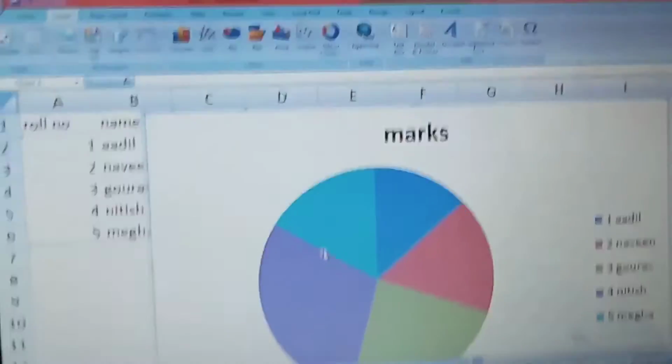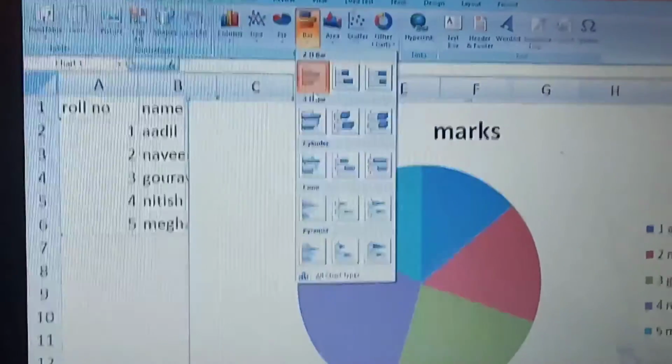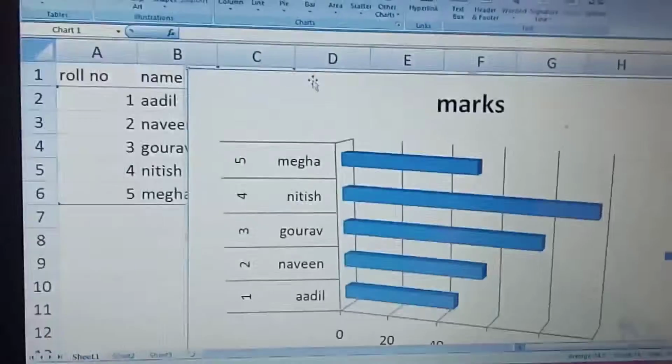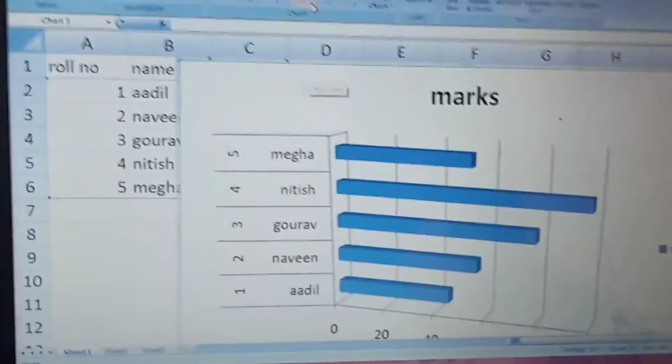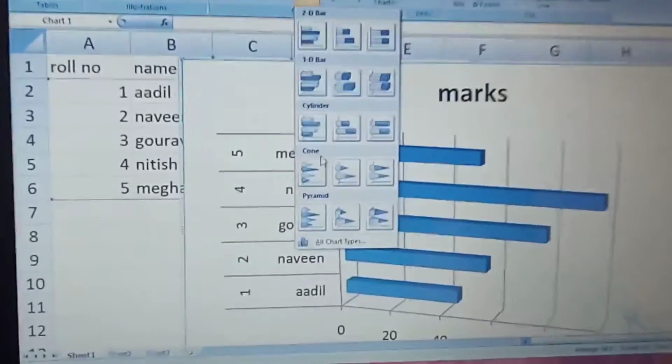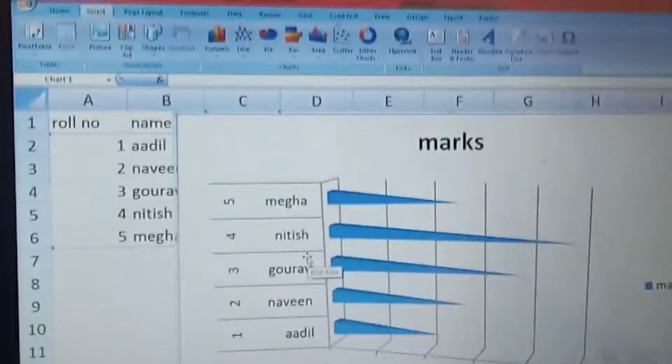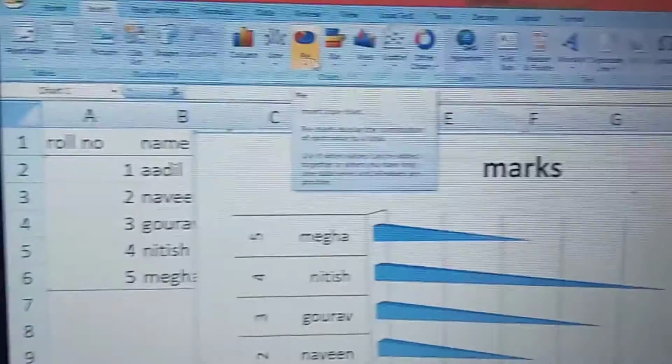This is our pie chart. Next is our bar chart. Here 2D bar represents the data. If I select 3D bar, it represents the data like this. If I select the pyramid, then it represents the data in this form. All the options existing here, we can choose any of them depending upon our condition.